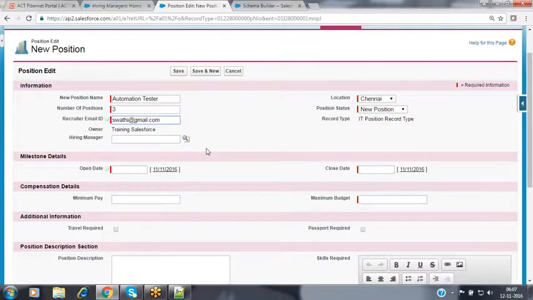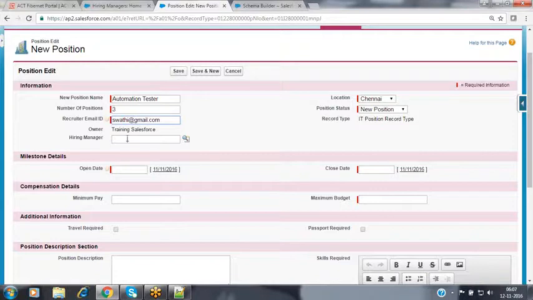So the email ID, we should be able to pull this using the hiring manager, this new association that we have created, right? Yeah, we can pull that here. I will show you that concept also. For that, we have to use a feature called formula fields. Then how can we get the data through formula fields? We'll see practically also.